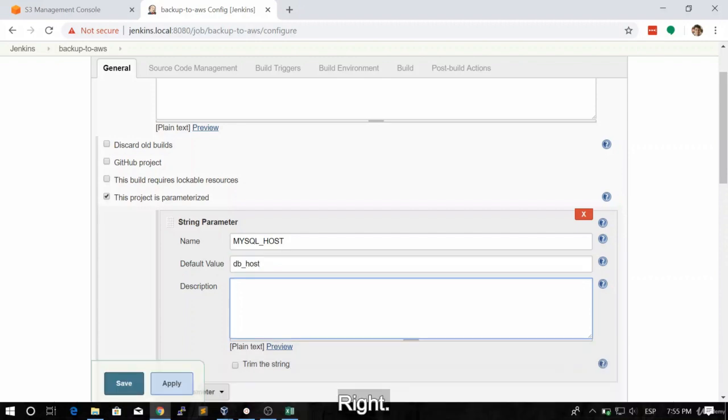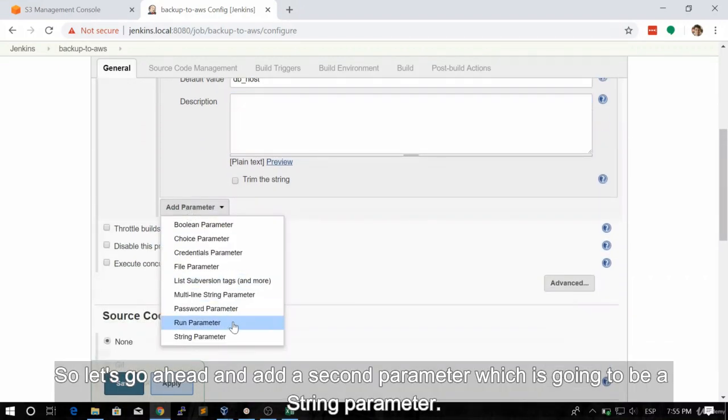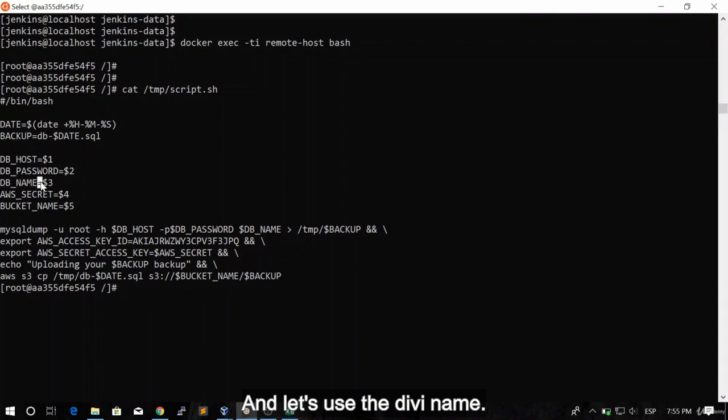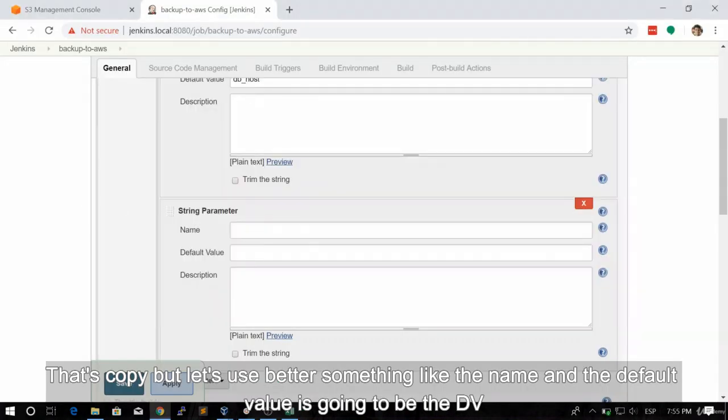So let's go ahead and add a second parameter, which is going to be a string parameter, and let's use the DB name. Let's copy. No, let's use better